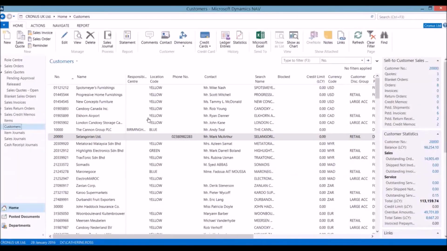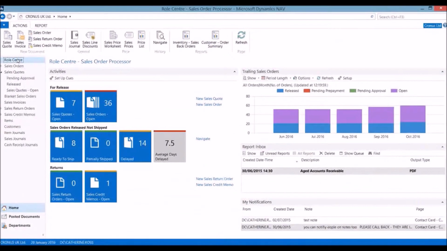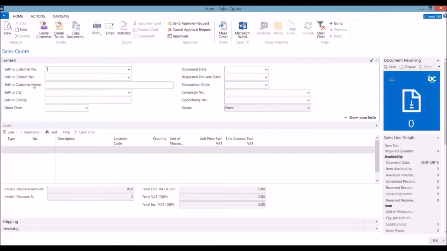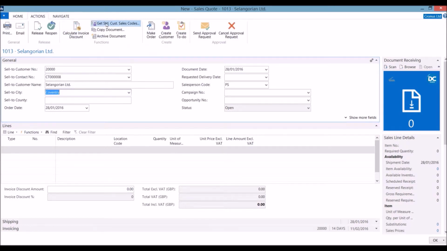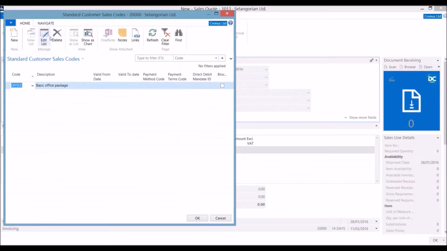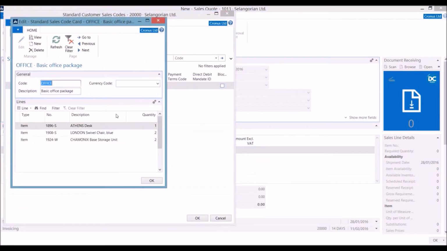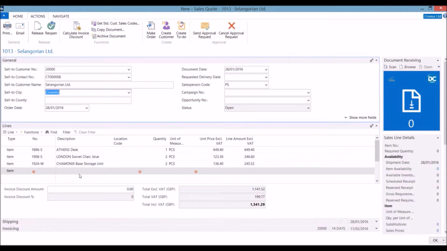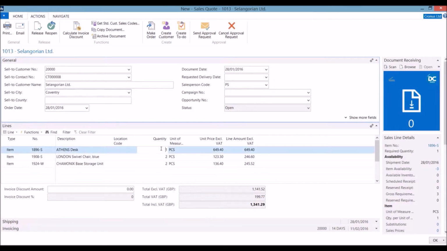Now, we are going to go back to our role center, and we are going to create a new quote. Clicking on the quotes queue, we can drill down, and clicking New, we can see one of the benefits of NAV. This looks very similar to the sales order header. This time, however, we're going to use a function called Get the Standard Sales Codes. This is a facility that allows us to use predetermined lines, which we can set up. For example, based on lines that a customer may order repeatedly. This inputs the lines automatically onto the document, and from here we can change quantities, delete and add lines, etc.,